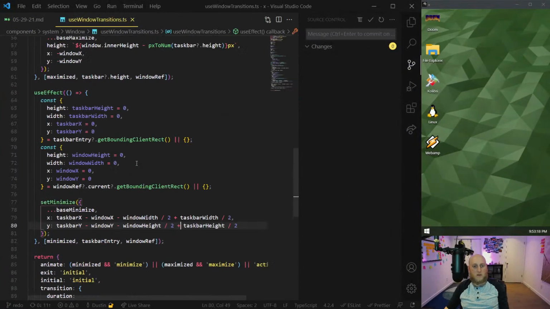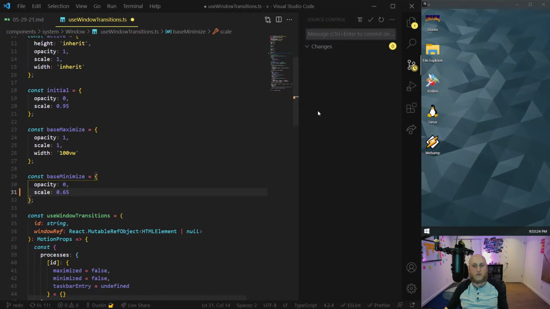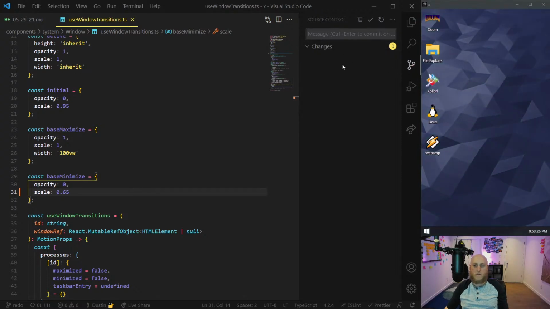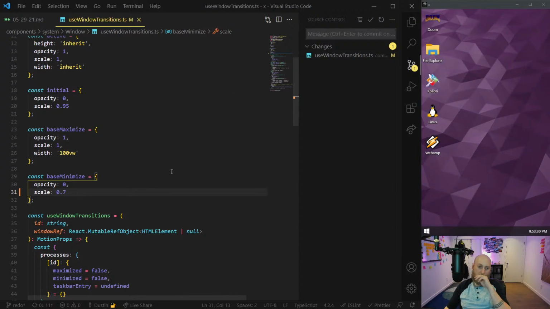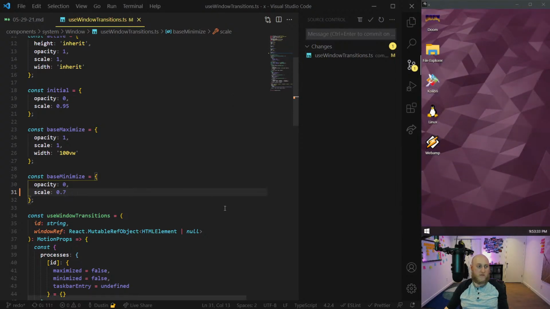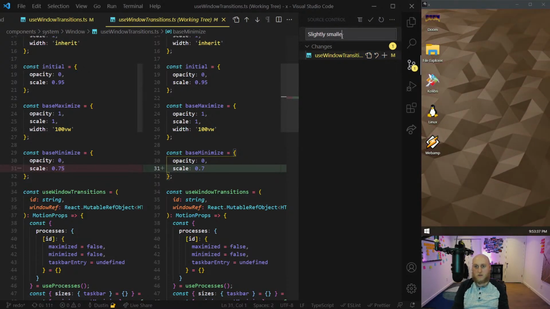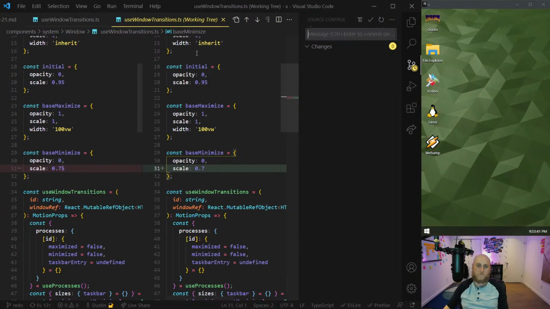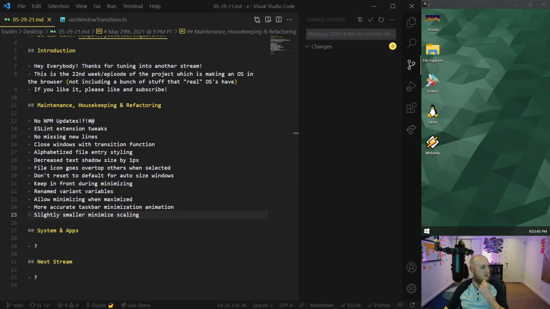Okay. Yeah, maybe. I think I did notice that it didn't feel small enough. So I'm going to go from 75% the size to 65% on shrink. I think that fits a tiny bit better with Windows. Actually, maybe 70%. Okay, 0.7, sure. I just saved a byte. Okay, slightly smaller, minimized scaling. The most minor of adjustments.